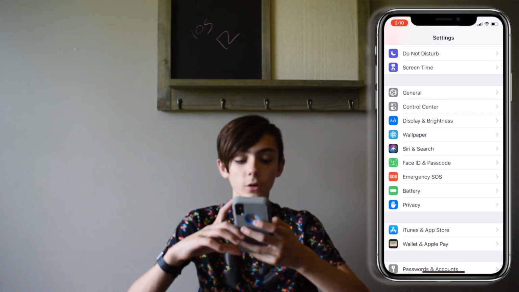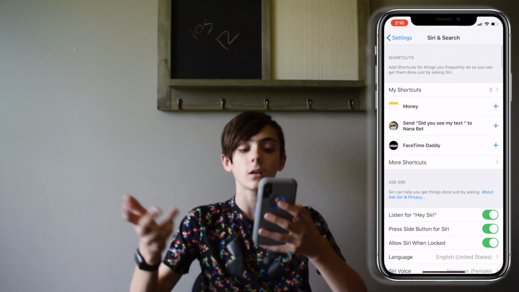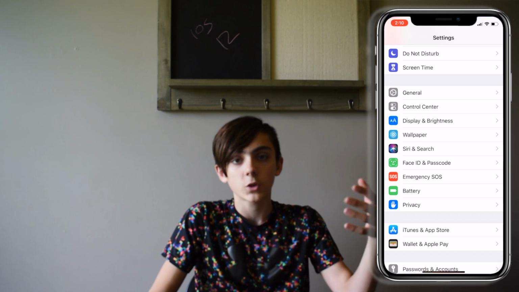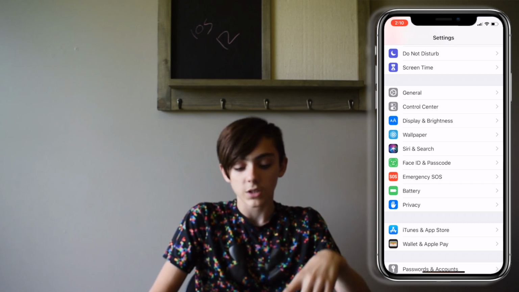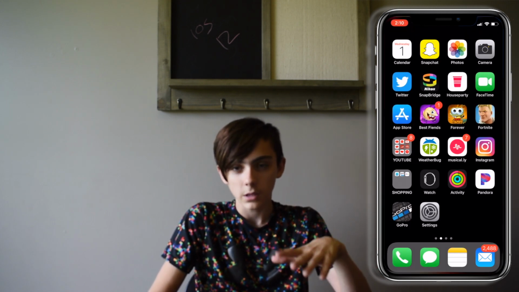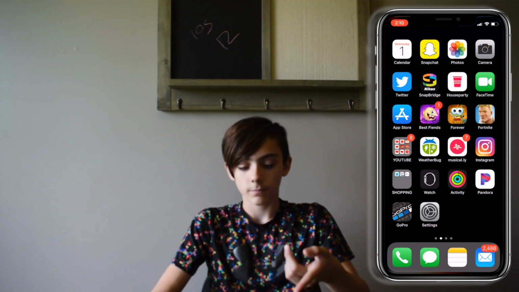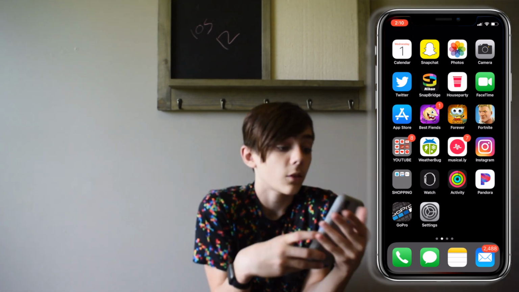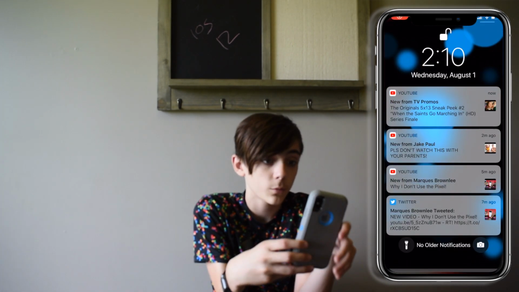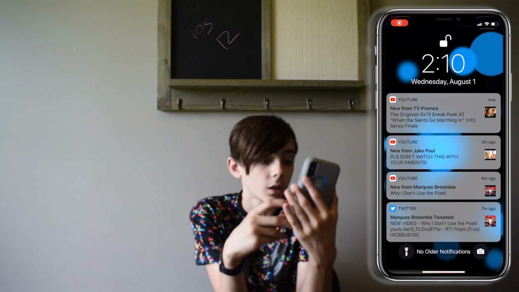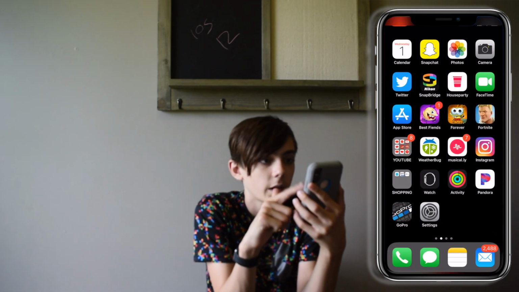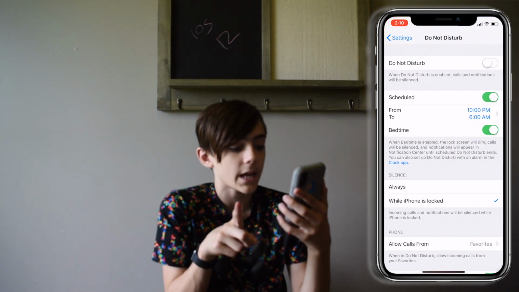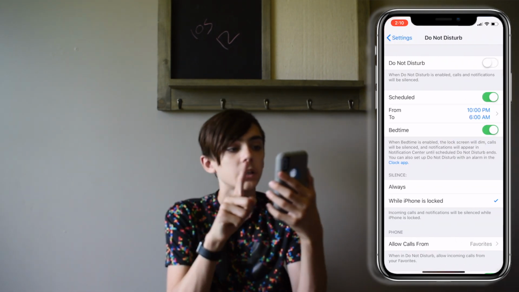And anyway, so now there are Siri shortcuts. I believe in a later beta, there will be a Siri shortcuts app, but it's not installed yet. You just have to go through settings. I've only set a couple, but I'm sure we'll be setting up plenty more. That's really it. I just need to get some group notification. And so now in Do Not Disturb, there's a new bedtime mode where it basically